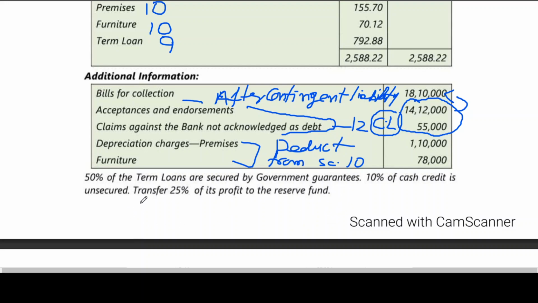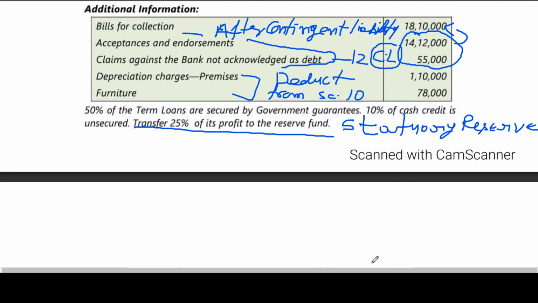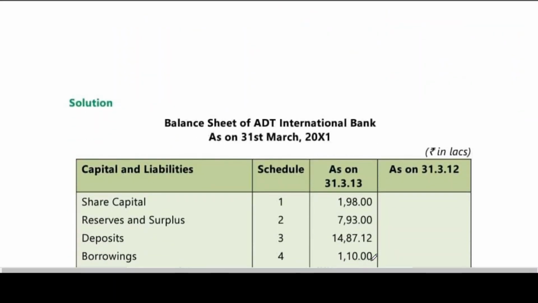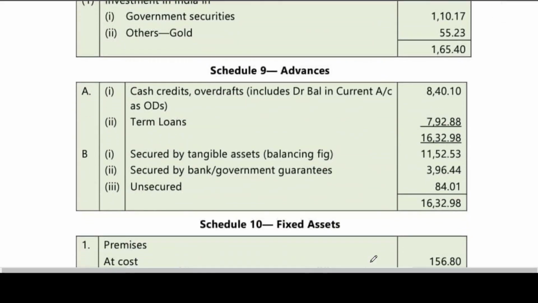But as far as statutory reserve is concerned, the three things you should understand. Statutory reserve. This is about statutory reserve. Right. Then next, we'll do the solution. Today, first I begin the problem with the ratios and also the working note. Then the remaining problem becomes easy. Let us see this.